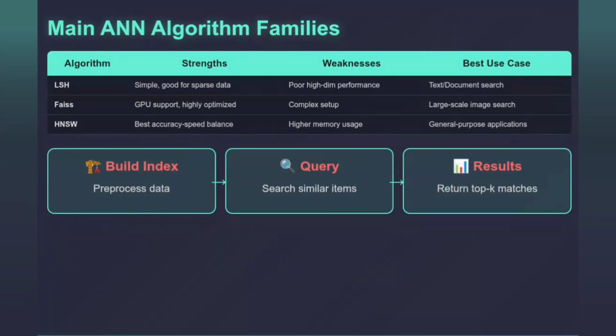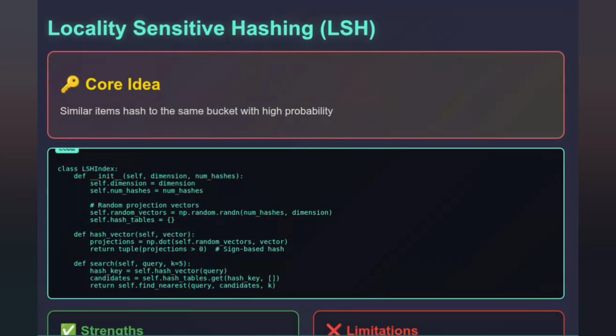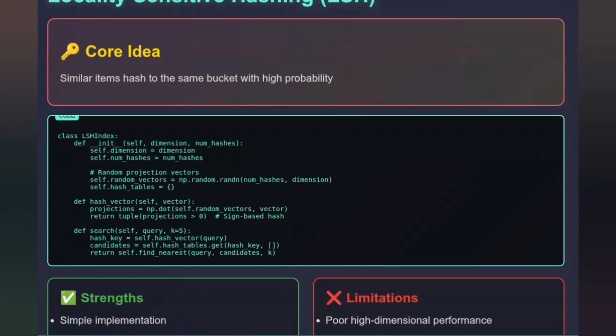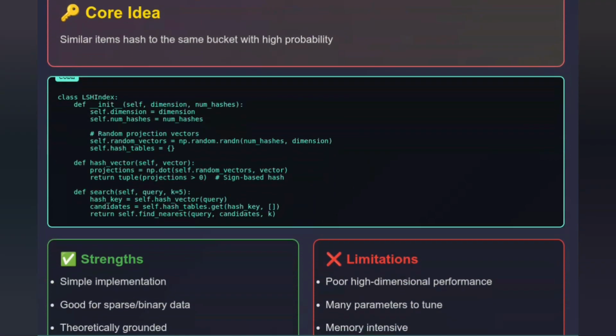Now let's dive into the three major ANN algorithm families that dominate the field today. Each has its own strengths, weaknesses, and ideal use cases. Number 1, locality-sensitive hashing, or LSH. LSH is based on a brilliant insight. If we can create hash functions that map similar items to the same bucket with high probability, we can dramatically